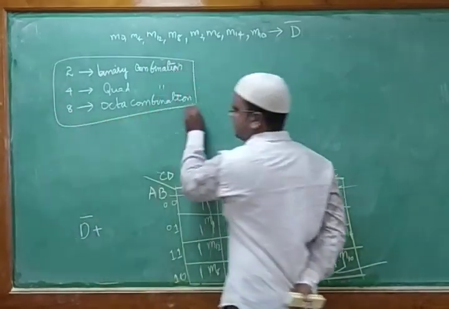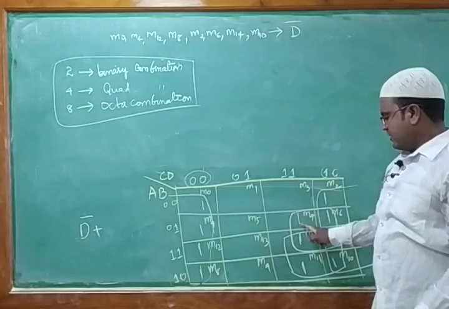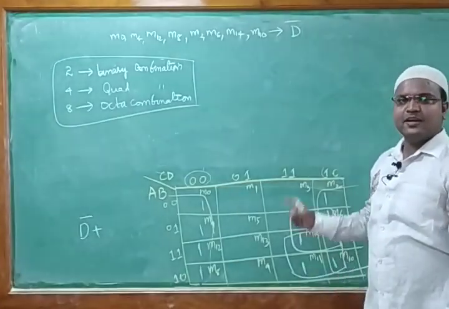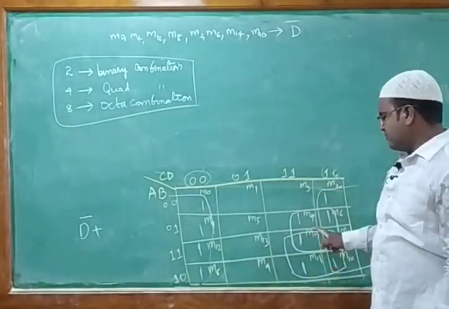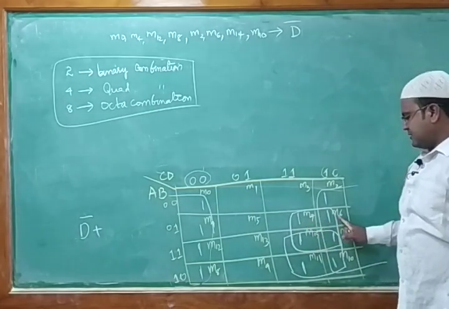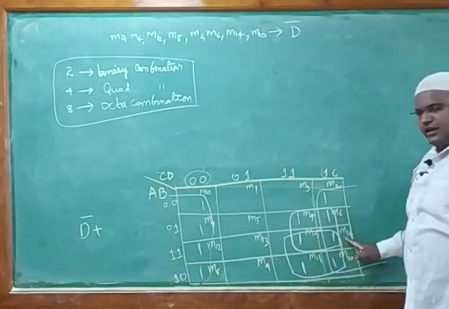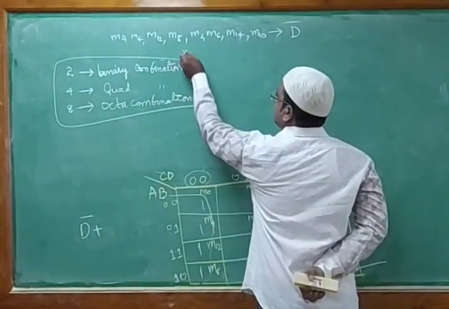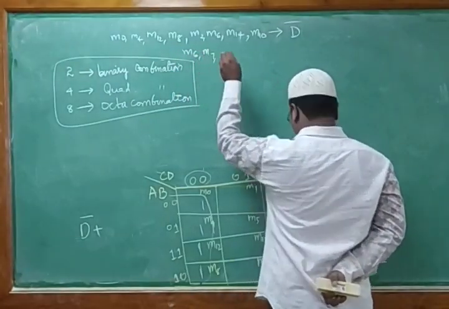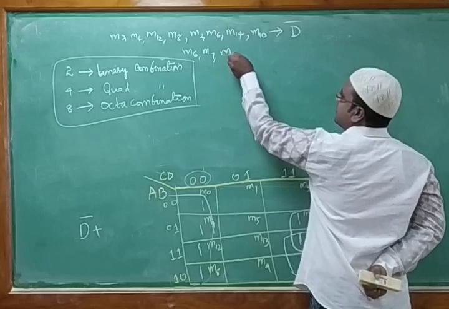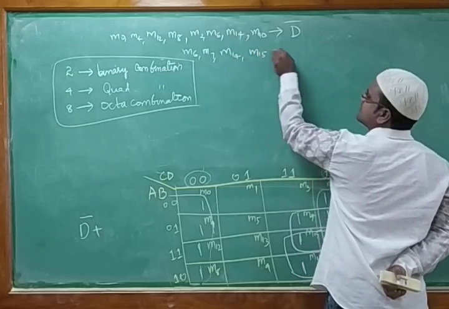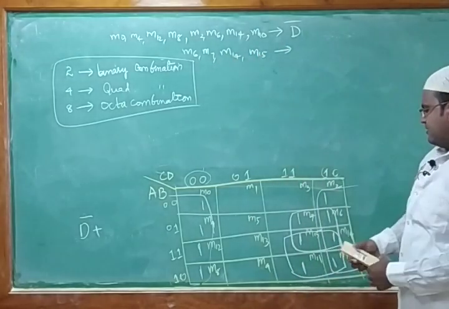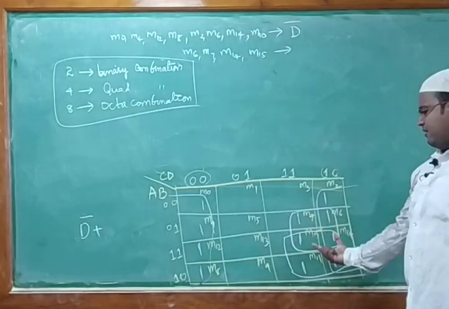So we are using these concepts. We cannot combine 3 bits. As you can see, here 3 ones are there. We cannot do it, so we can combine only 4 ones. For that reason, I am using M6, M7, M15 and M14. I can combine this way. So I'll write 6, 7, 14 and 15. In this 6, 7 you can see, and 14 in this one.